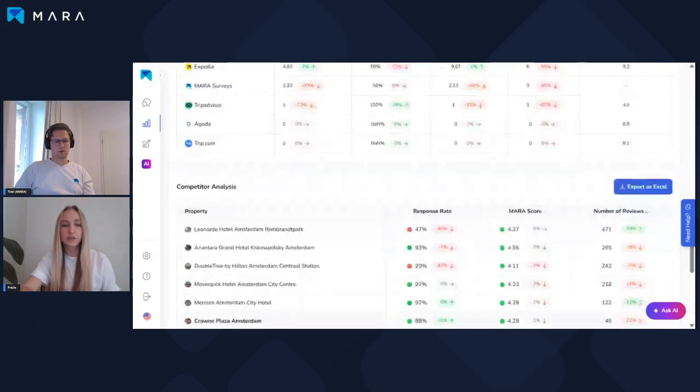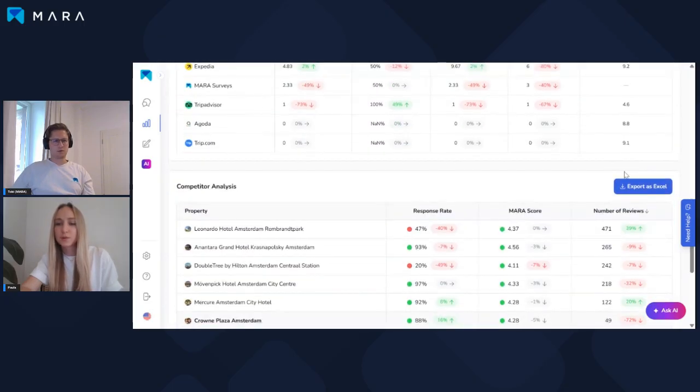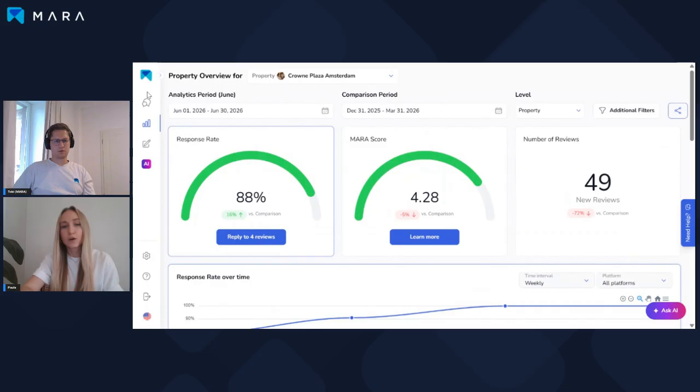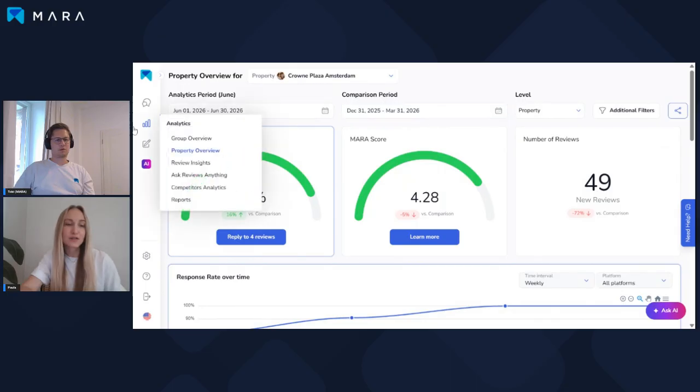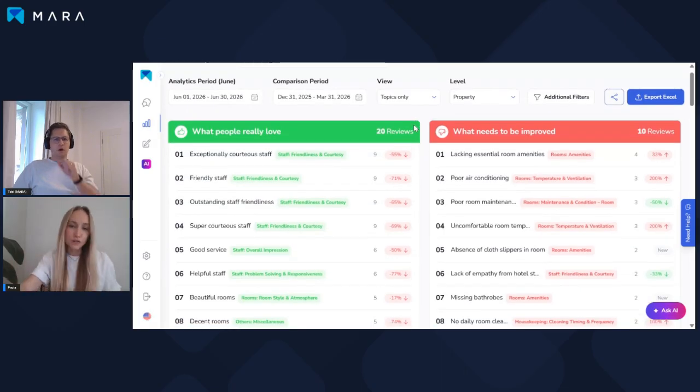So there's a lot of data that you can see in the property overview screen. It's very simple KPIs. You have the possibility to also export some of that next to the tables. And then when it comes to understanding where ratings might come from, how your guests perceive your hotel, what they actually say, we have the review insights. So Mara does not only summarize your KPIs, but what we actually also do is we go through all the reviews and extract